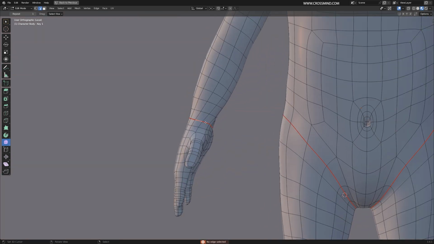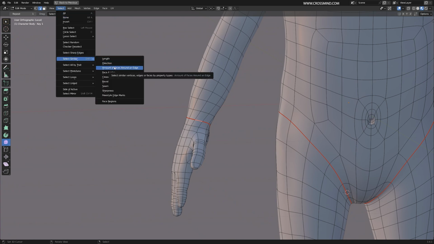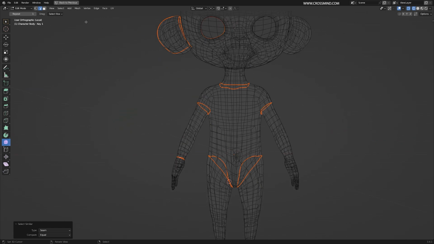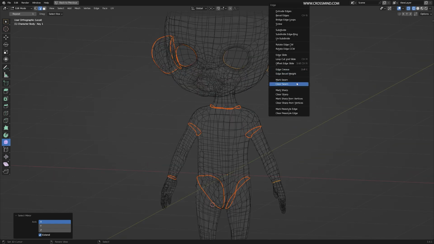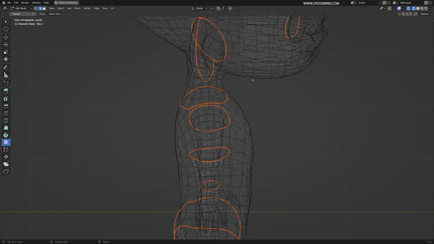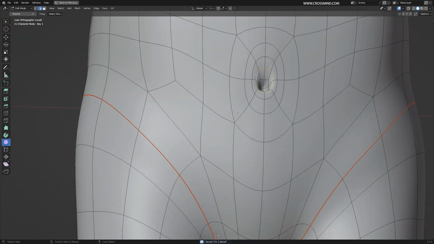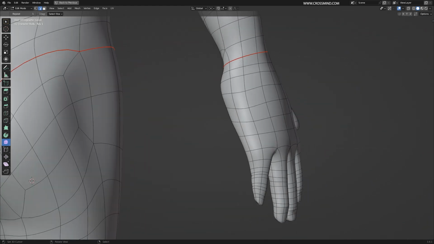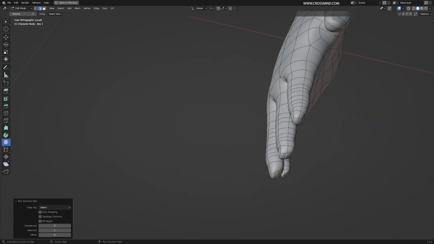So what you can do is you can select one of these edges, the seams, and then you can select similar seam. All right, so it's going to select all the seams, and then you can select mirror, and then this is going to select all the edges on the opposite side as well, and then you can mark seam here as well. All right, so this works if your model is symmetrical. So yeah, it's quite useful. Let's do the same for hands. Somewhere here till here.